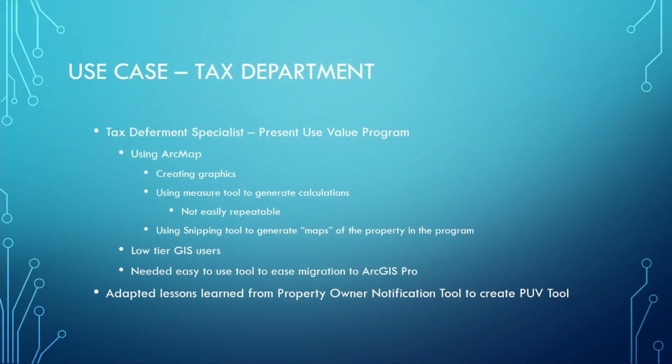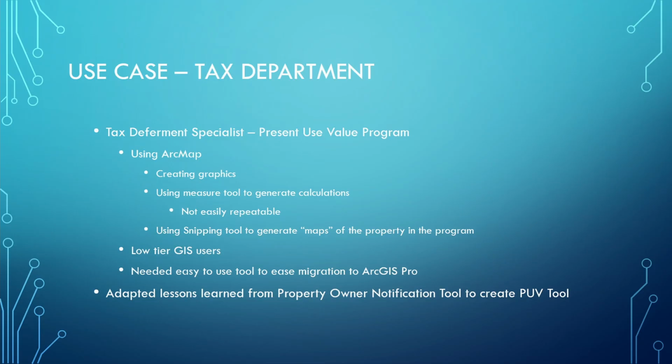So moving forward a few months, we get to the latter part of '24, and as we move into '25, had a couple of folks in the tax office that, again, I need to get migrated over to ArcGIS Pro. They are our tax deferment specialists for the present use value program. If you're not familiar with that, it's a program where the property owners get a reduction in their taxes if they are using it for farming purposes or have it enrolled in a forestry management plan and that kind of thing. So historically, in Davidson County, we've got 2 folks that do this, and they've been doing it kind of by